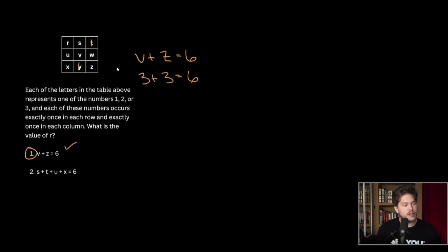Now let's look at statement 2. What does statement 2 say? Statement 2 says S plus T plus U plus X equals 6. Okay, well, we have four variables that are all adding up to be 6. So notice that